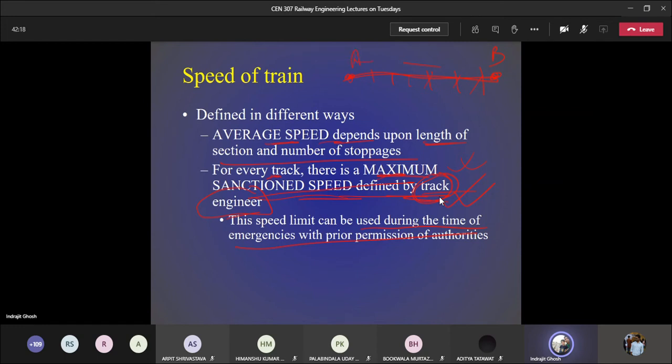Suppose we have been attacked by some of our hostile neighbors, we need to transfer goods, weapons, soldiers from one place to another. We need to travel fast. Then only we allow the train to move at maximum sanction speed. Otherwise, for normal civilian people, we do not disclose the value to the driver and other people, and allow them to travel at the speed.